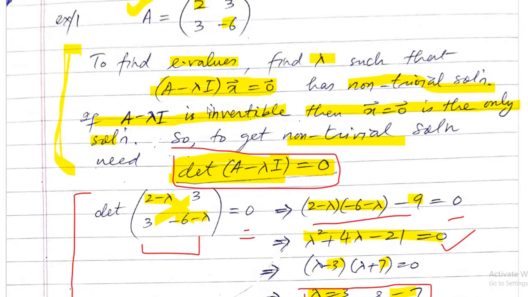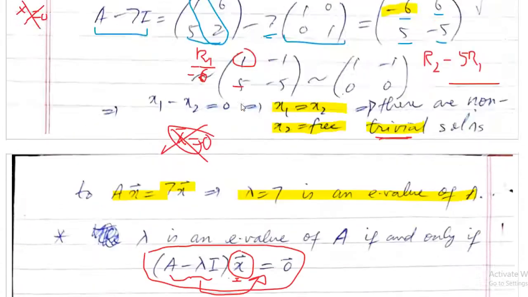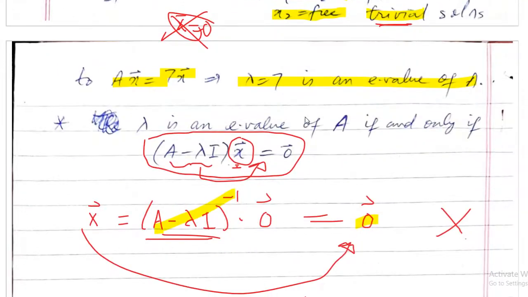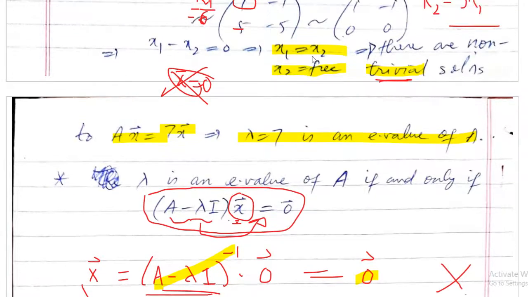Let's say you put lambda equal to 3 here. If you put lambda equal to 3 here and solve this equation for x, you can find the eigenvector as well, as we did here. You see, lambda 7 was given to me, right? I put 7 here, (A minus lambda I) x equal to 0, and we find the value of x from here. We got the value of x. You see, if you want to write x from here, what you will get? x1 is x2, and x2 is free, so it means x2 is x2, right?